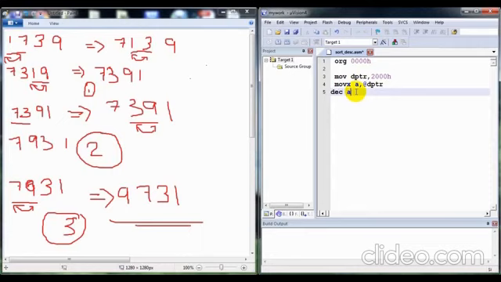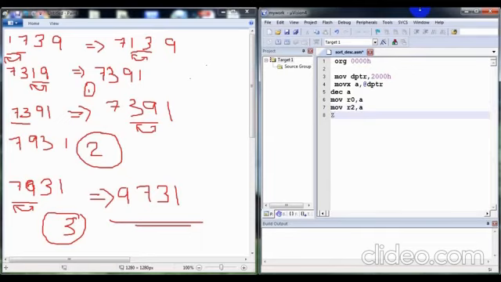Then we have to take the accumulator value to 2 loops, one main loop and one inner loop. We are taking R0 as the main loop and R2 as the inner loop. We can use R0, R1, R2, any one. Here I am using R0 and R2. MOV R0, A. MOV R2, A.